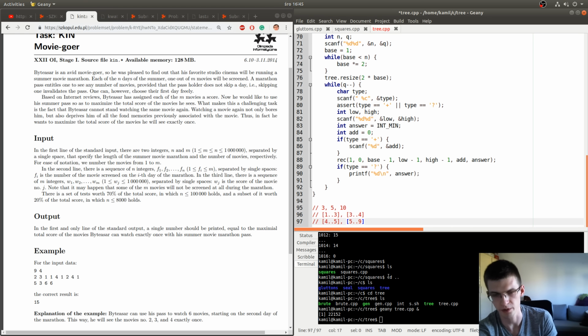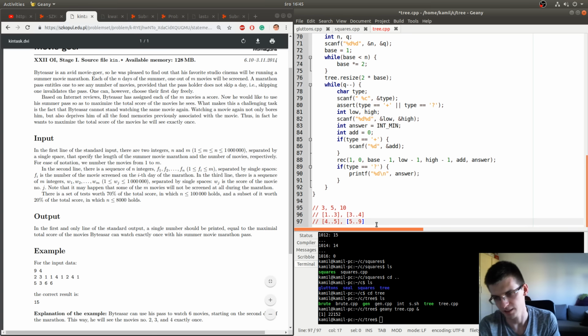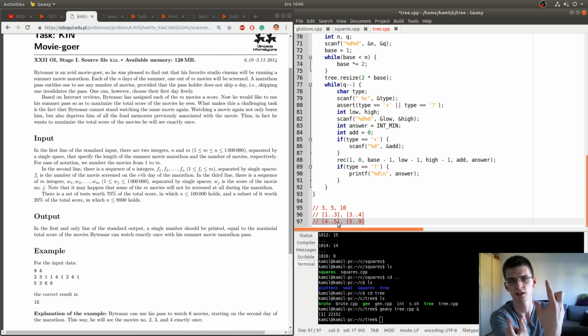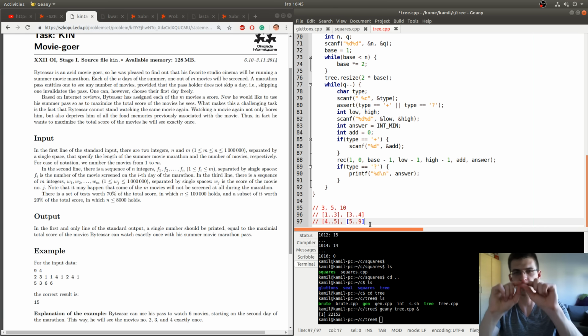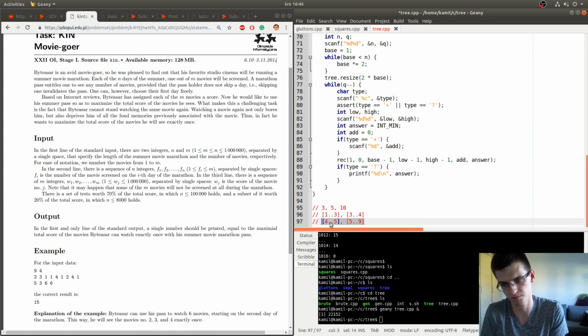One possible approach to this problem is to try to draw it. Now, your chosen interval will become a point on the plane, where one coordinate means the beginning of the interval, and the other coordinate is the end of the interval. And the fact that something has a beginning in some interval and an end in some interval represents a rectangle. So basically, this means in some rectangle add plus, for example, 10 towards the score. This 10 means the score of this movie, how much it increases the score of your interval.